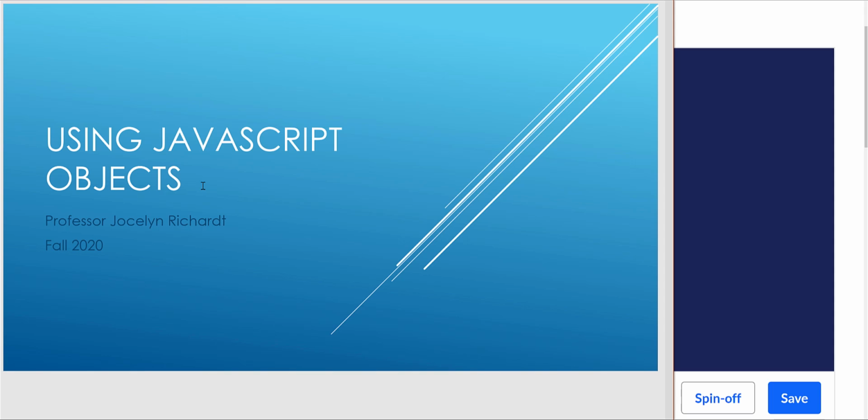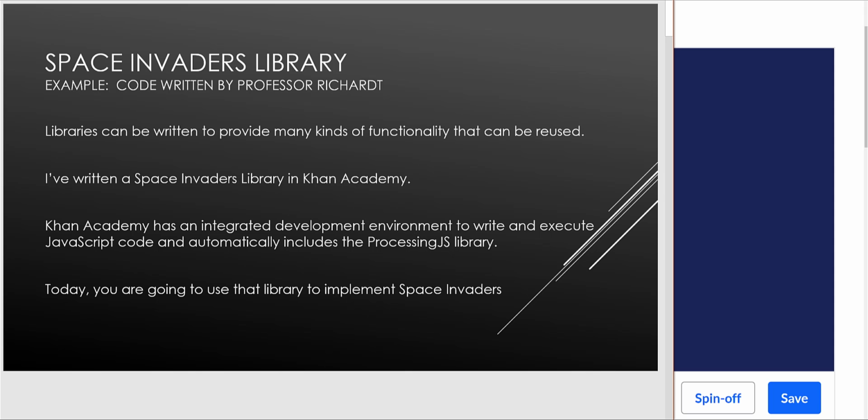Today I want to talk about using JavaScript objects. We learned about how we can create objects in JavaScript, and this class doesn't go into depth on actually having you create a lot of objects, but I want you to understand how to use objects that may have been written by someone else. To make the project a little more fun, I wrote a Space Invaders library, and a